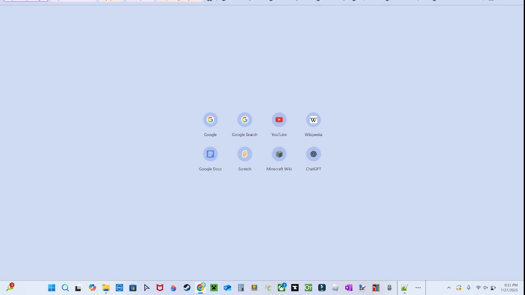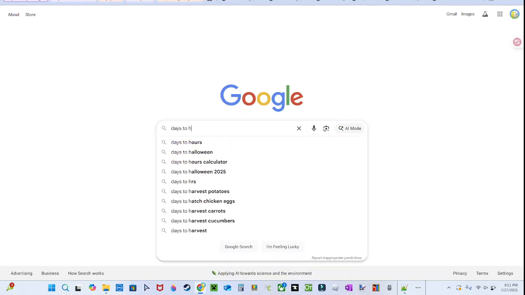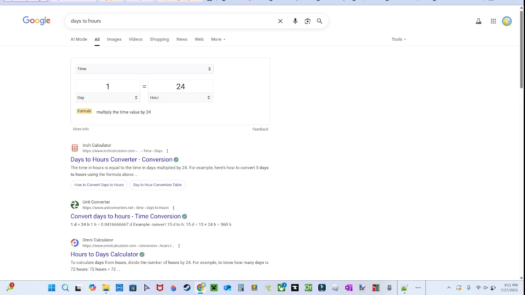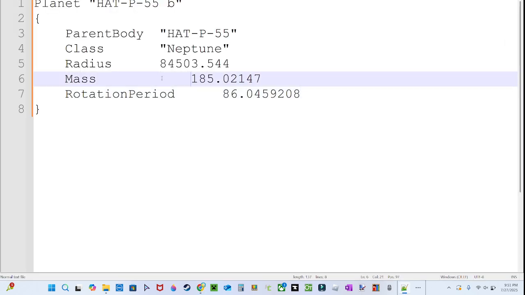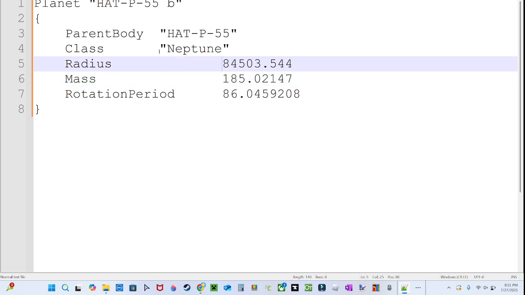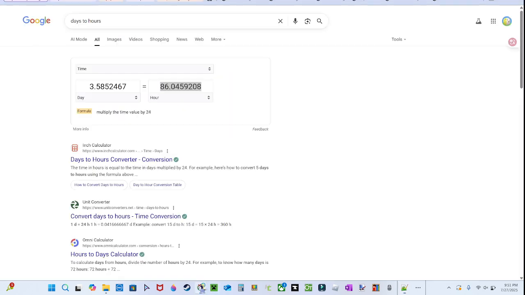Okay, so days to hours. So I'm just going to assume that's tightly locked. So it is 86 hours. And you don't need to do this, but I'm just cleaning it up a little bit so it looks nice. And that's it